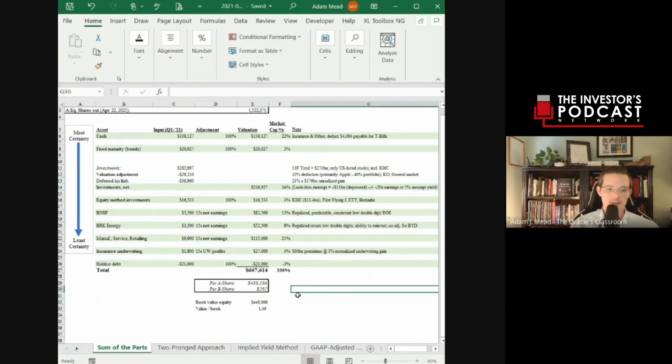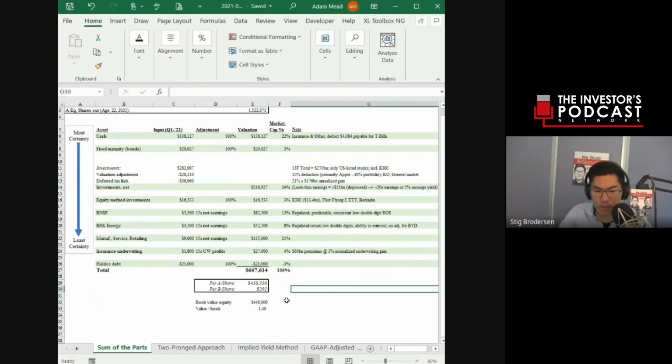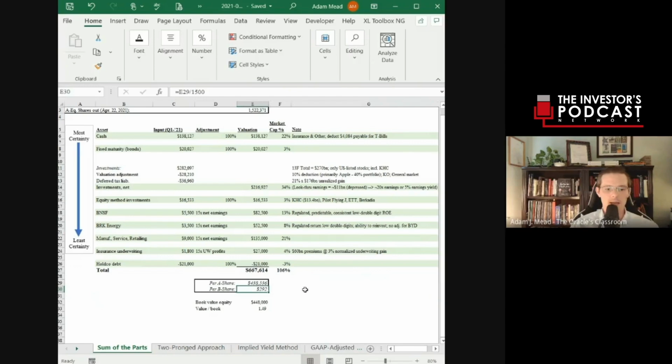That's the number that this model kicks out, and when you're buying that, kind of forget about the share class and say, "Geez, I can't afford an A share." There's such minor differences between the two; they're economically equivalent. Buying the B share at 292 or saying it's worth 292 is saying it's worth